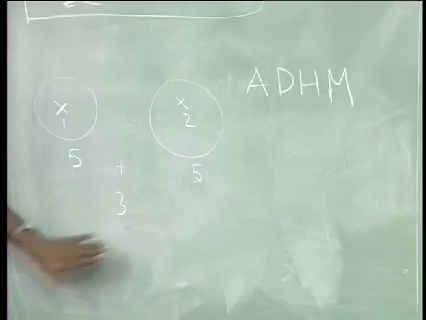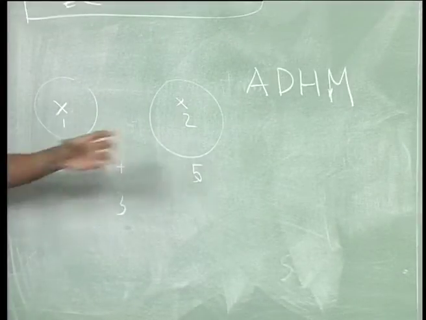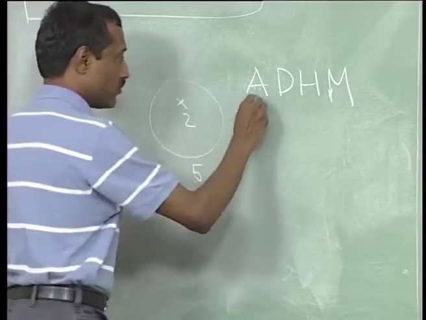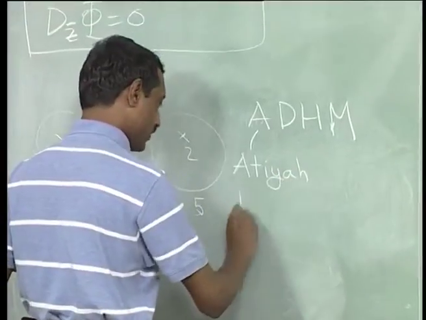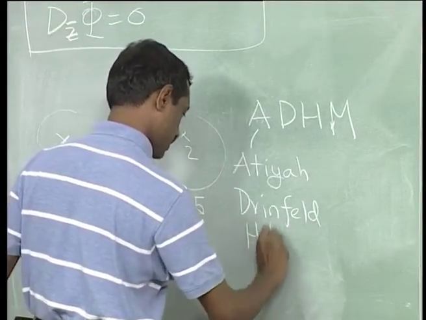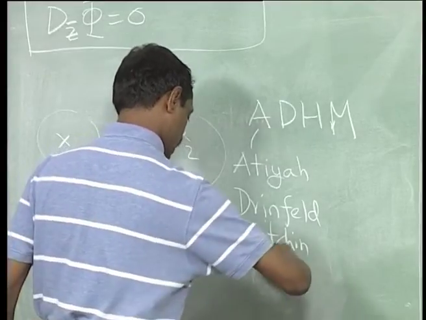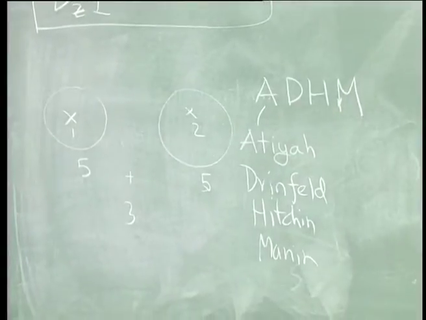There might be a reduction. So, these 4 authors, for once I will give their names: Michael Atiyah, Drinfeld, Hitchin, and Manin. So, 2 Russian and 2 English or British